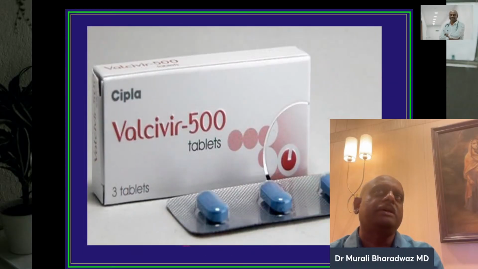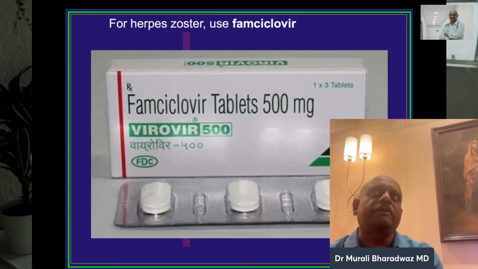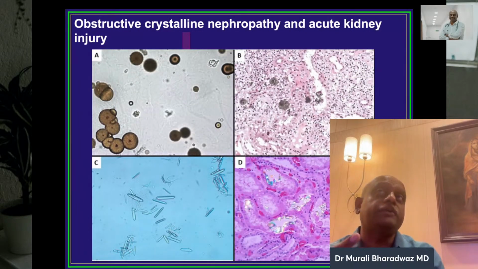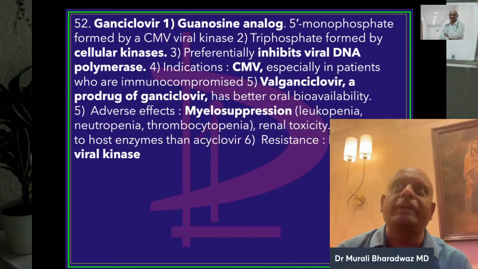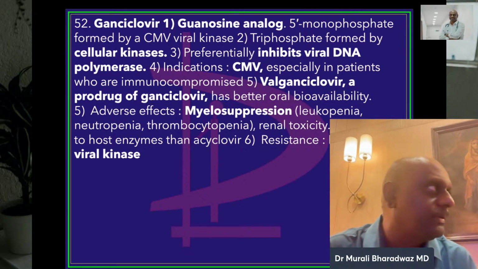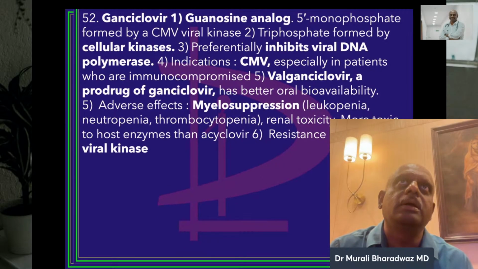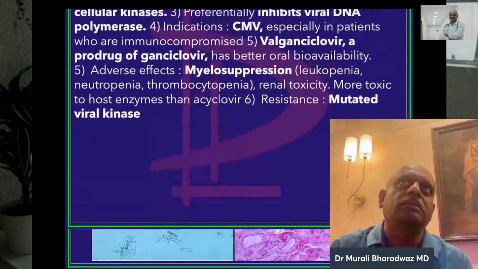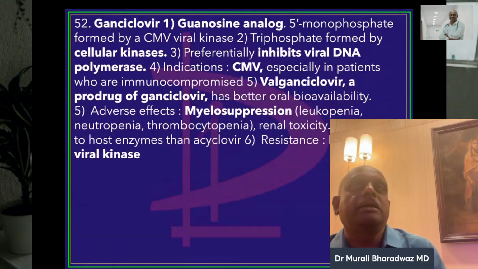400 milligrams. This is valcyclovir 500 mg, famciclovir 500 mg, and this is obstructive crystalline nephropathy and acute kidney injury induced by it. Then comes the ganciclovir. Ganciclovir is also a guanosine analog, right? Yeah. But